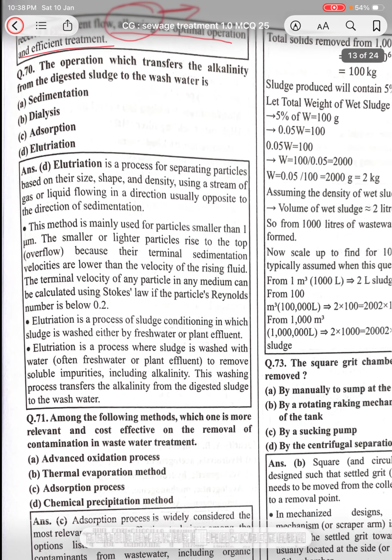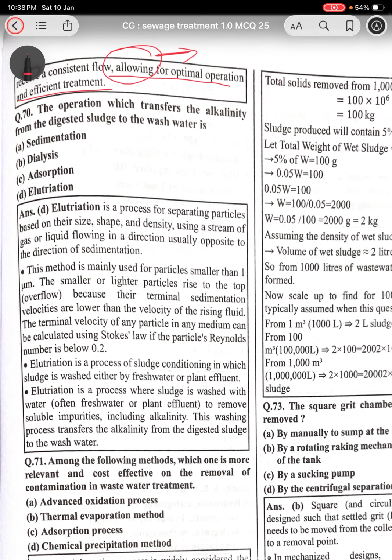Question number 70. The operation which transfers the alkalinity from the digested sludge to the wash water is